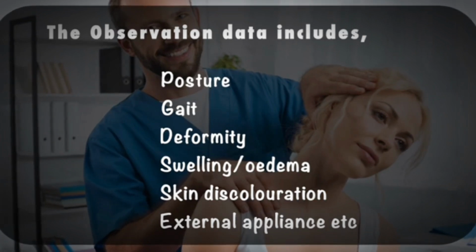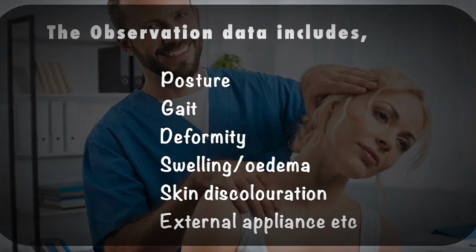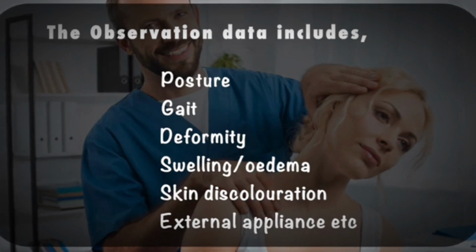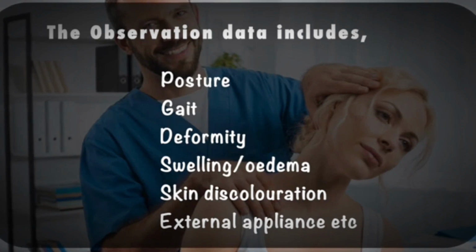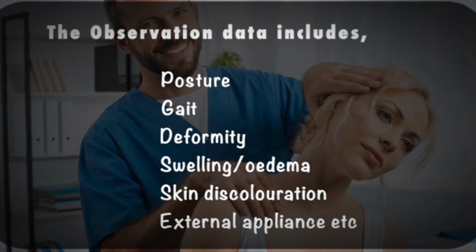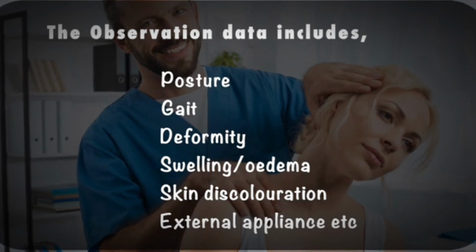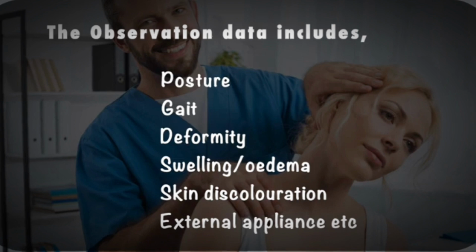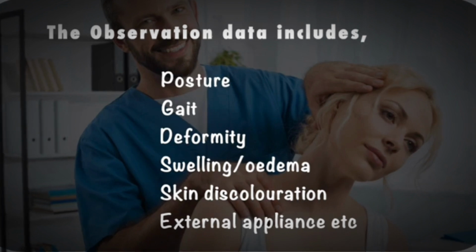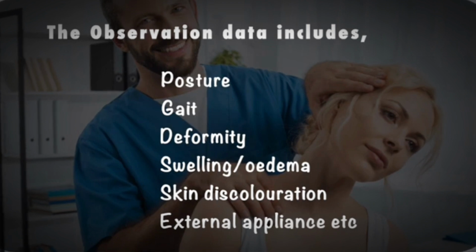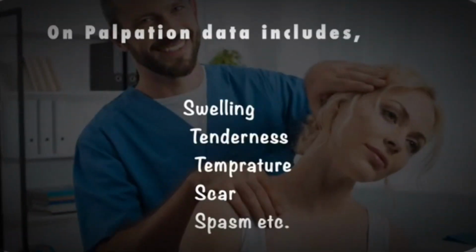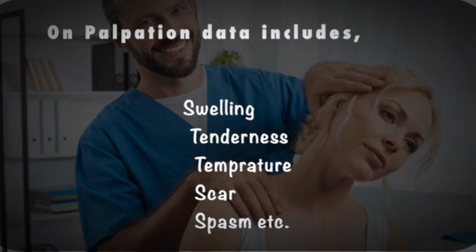The main purpose of the observation is to gain information on any defects or deformity which is visible. It mainly includes observation of the posture of the patient or the attitude of the limb. It should be done in a normal standing position. Then the observation of the gait of the patient, that is how the patient is walking. It should be done when the patient enters the department area. Any deviation from normal walking should be noted, for example, absence of heel strike or walking with a limp. Then presence of any obvious deformity, for example, flexion deformity or malalignment like genu varum or genu valgum. Any alteration in the shape of the bone because of fracture should also be noted.